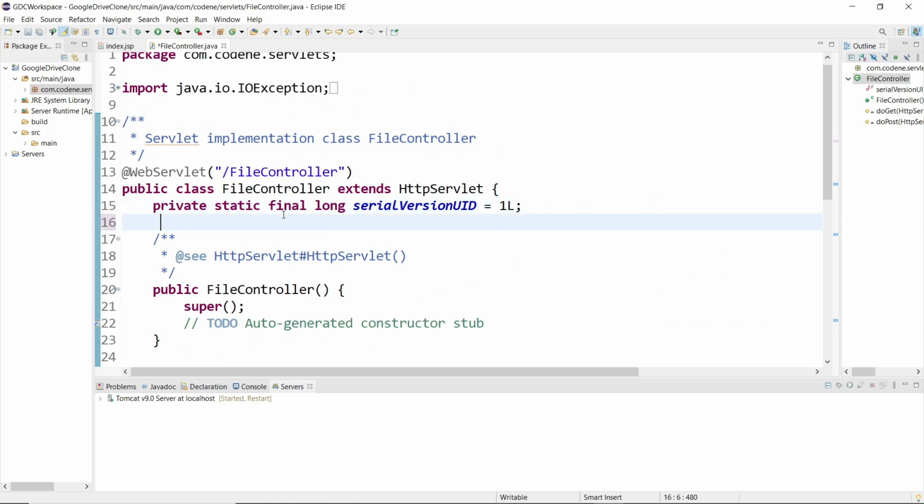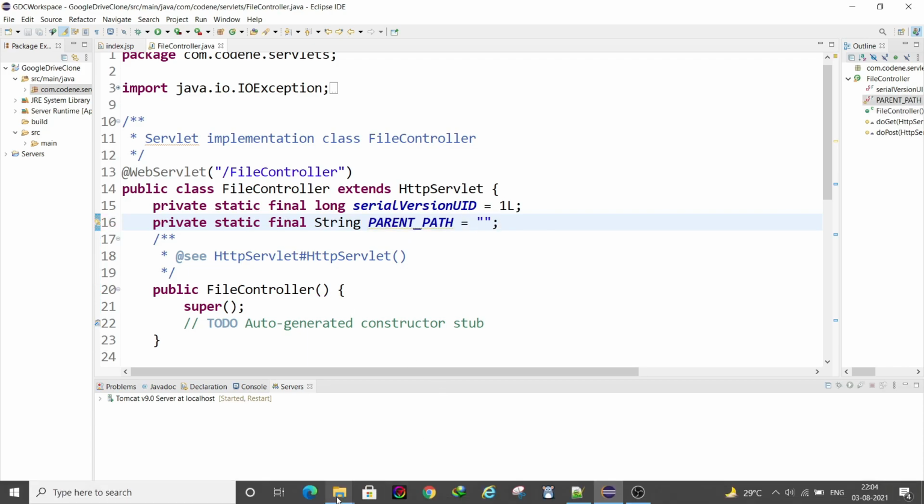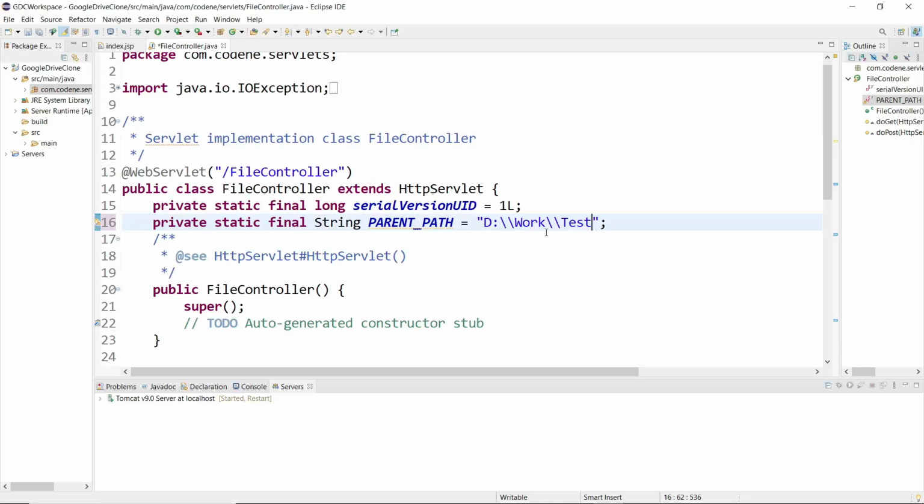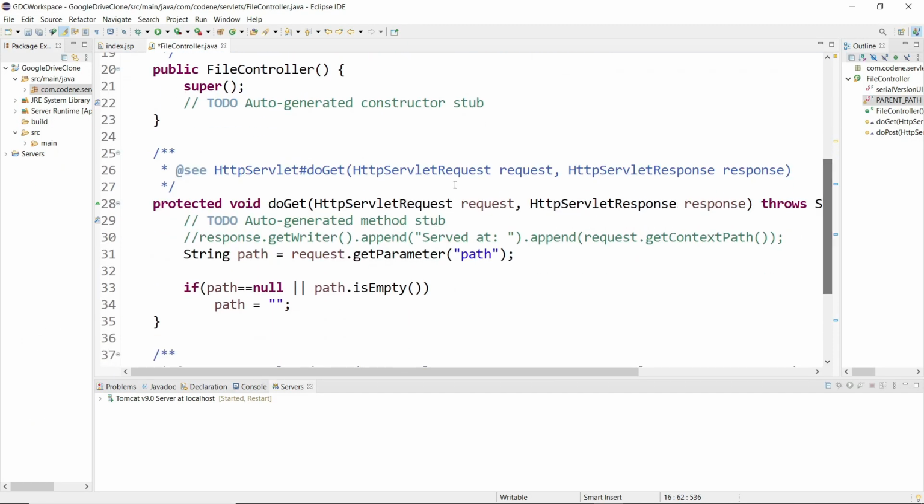I will configure something like private static final String, and I'll give it a name like parent path. Let's come here, we will copy this and paste it here. So when the path is null, then we can assign the parent path value. That is absolutely correct.